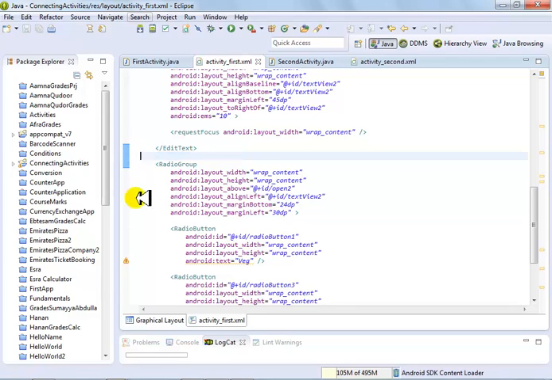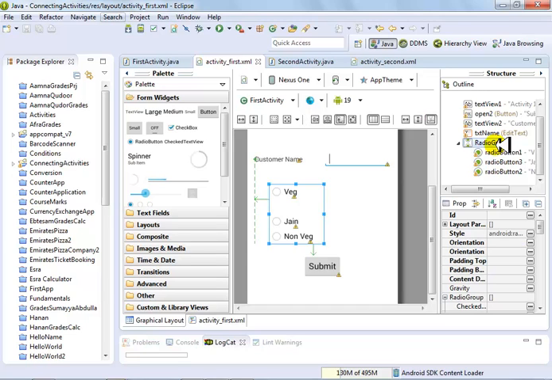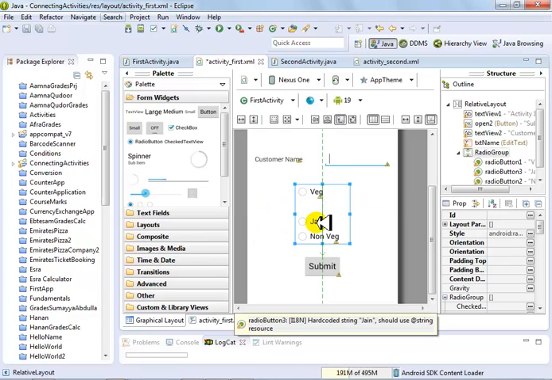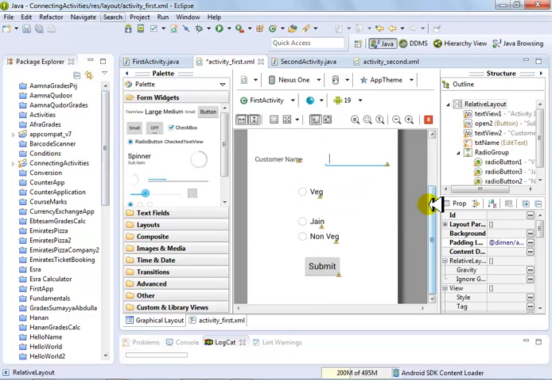That's how you create those links with each other. So when they are part of one radio group, only one of them can be selected at a time. And then if you want to move any one of the radio buttons, you have to click on the radio group and move it together. And any resizing, any adjustments, you have to do before. Now, once that is done,